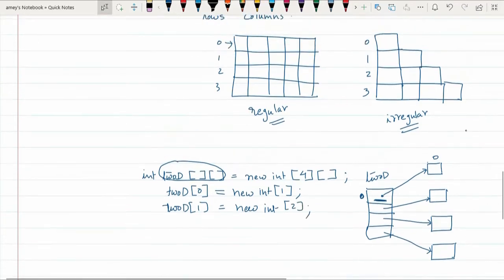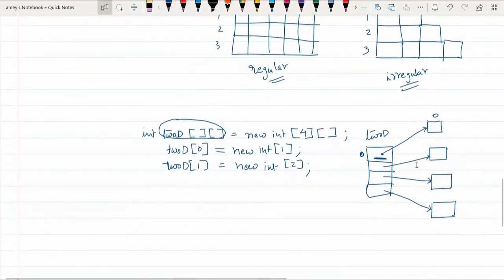Now this means 2d[1] is basically this particular reference. So at this reference position, that is in this array, you require 2 contiguous integer values. So this will be the 0th value and this will be the first value.